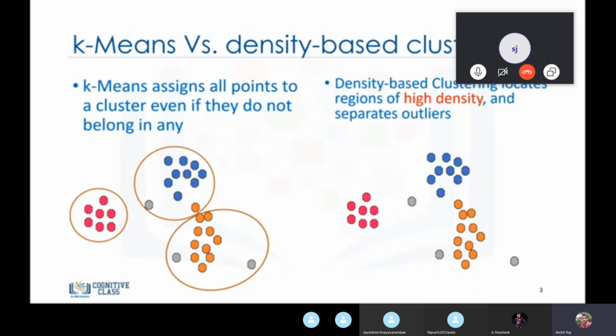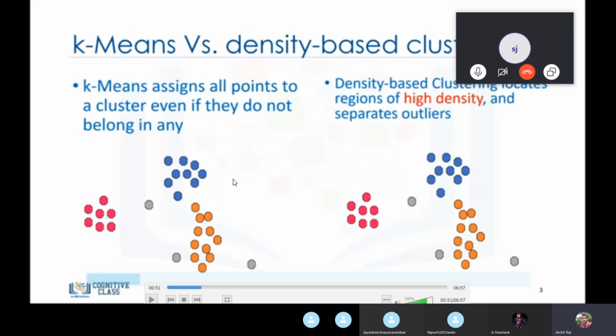Now, how exactly is it different from k-means, or why do we need DBScan? Just think, you have data and it has outliers, because all data has outliers. If I try to apply k-means on this data, the outliers will also be included in one of the clusters, because k-means doesn't consider outliers.